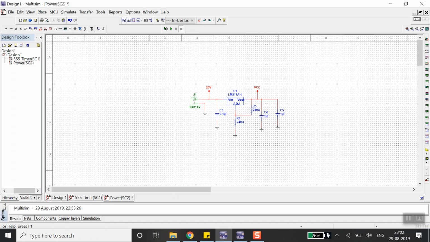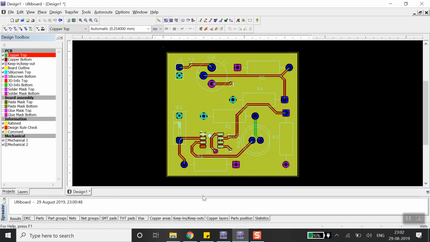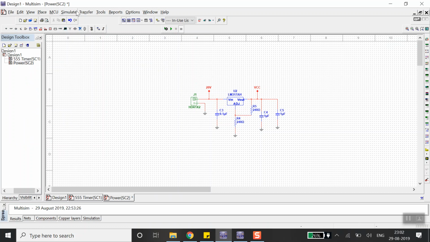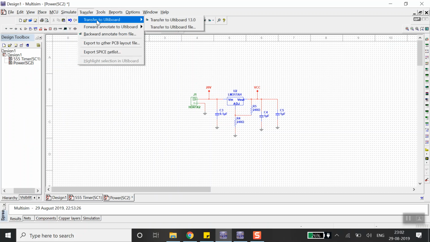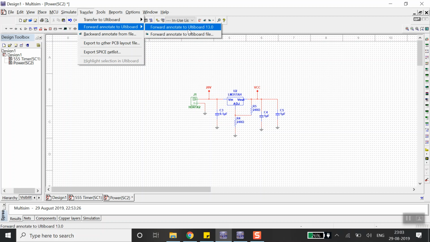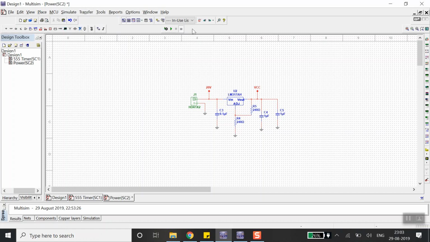And how can I convert this change in this circuit over here? For that, what we have to do is transfer. When we were transferring for the first time, we transferred from over here, the transfer to Ultiboard option. But now we are not transferring completely. We have made our PCB, and we just have to add certain components that we added later on. So what you have to do is over here, forward annotate to Ultiboard 13. Go to this option,